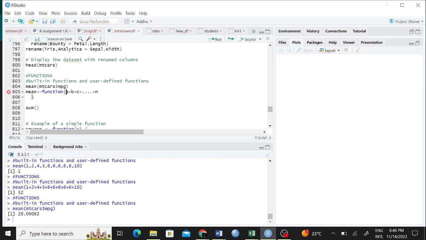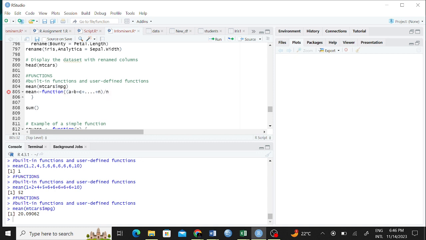So you're doing a summation of all these things, and dividing by n. It's a function that takes numbers, adds them and divides by n, right? This n is the number of values that you have.